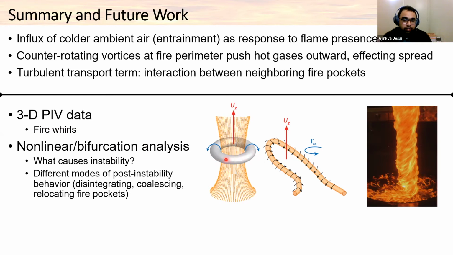Basically, the vorticity vectors of these are in the horizontal direction until they get tilted, so that you have a strong omega z component, which means there's going to be a strong circulation in the horizontal plane. And that circulation causes the fire flame to form these whirls. We got a taste of this from looking at those kinked vortex tubes, but